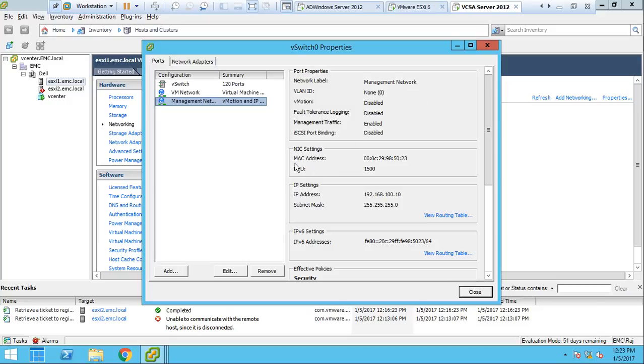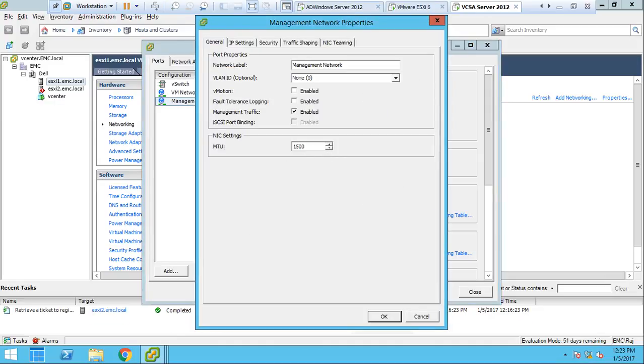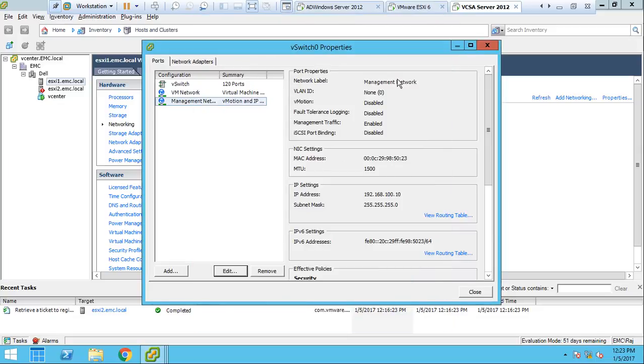So it gives the MAC address and a maximum transfer unit of 1500. We can change those settings from here. We can give 4096 maximum. So that is a standard switch. So for the standard switch,